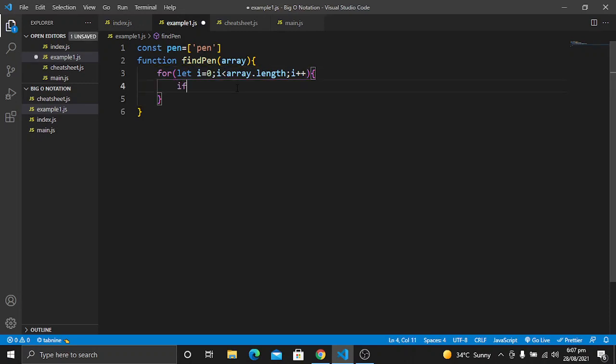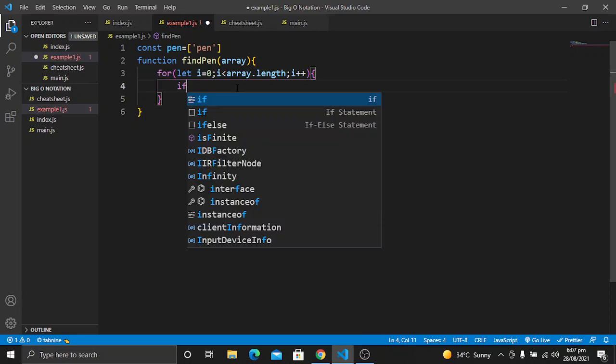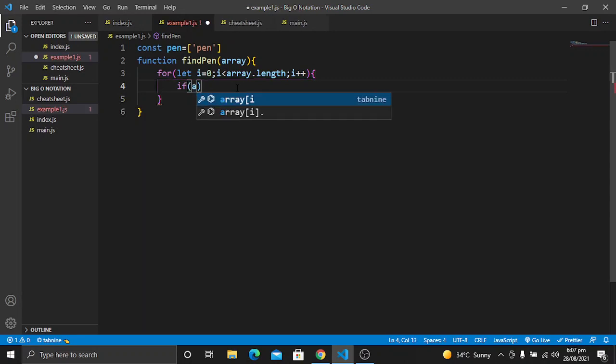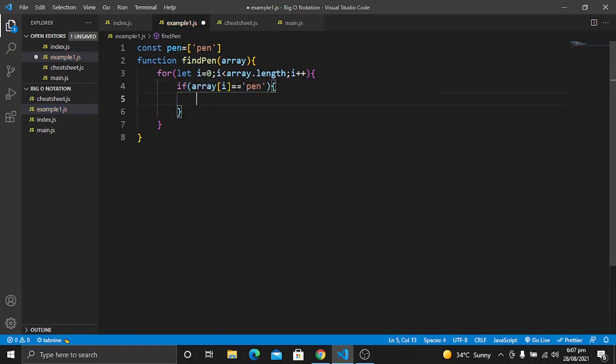Let's write the if condition here. It says if array[i] is equal to pen, then it will log that we have found the pen.